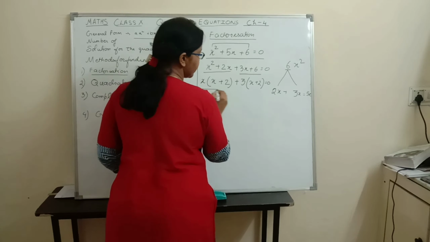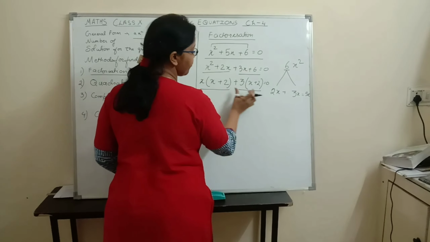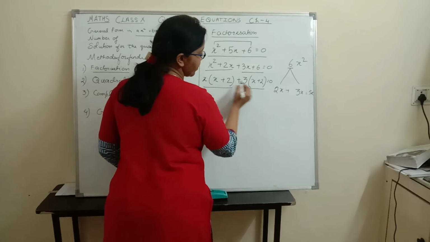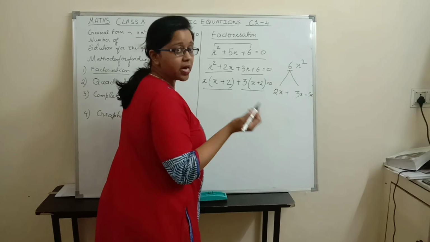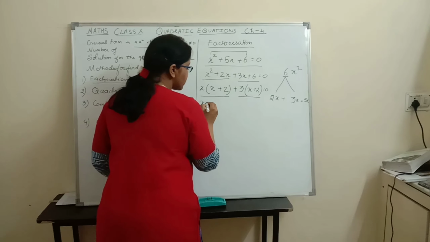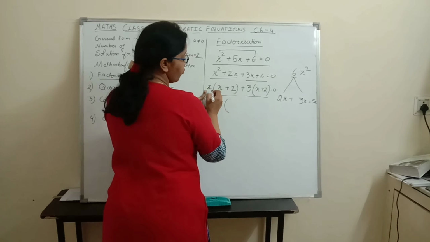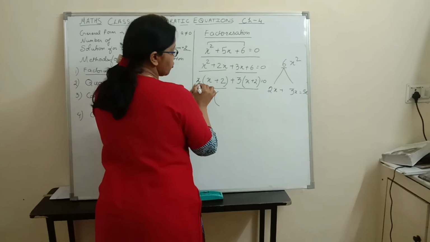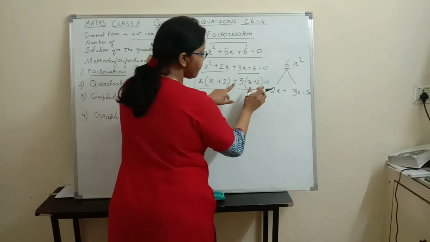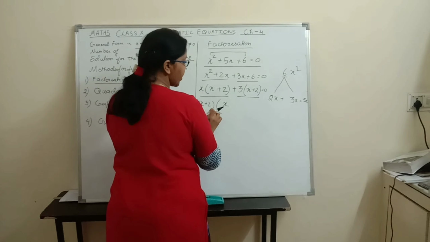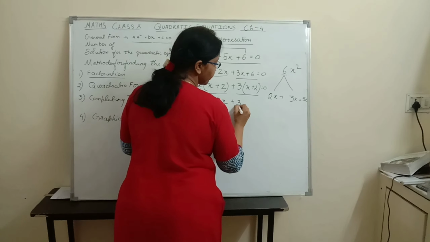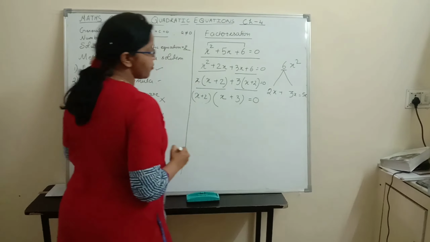Again I can see that this is the first term and the second term. From the first two terms I can see that x plus 2 is coming out common. So x plus 2 I have taken out common. Now from this first term, what is left? This is already out, so what is left? x. And from this second term, this is already out. What is left? Plus 3 is equal to 0.